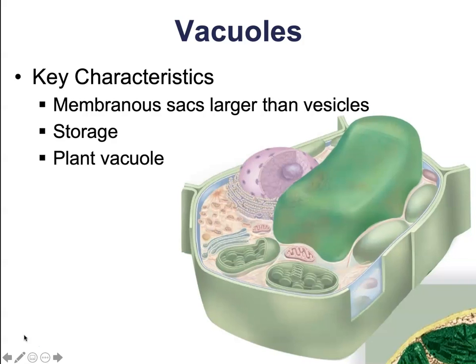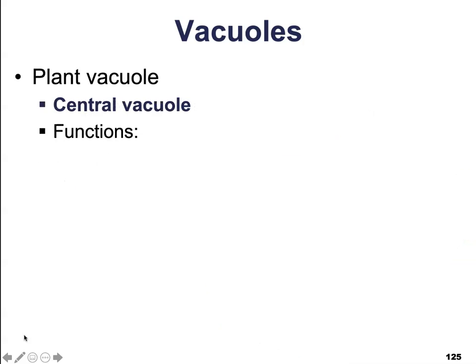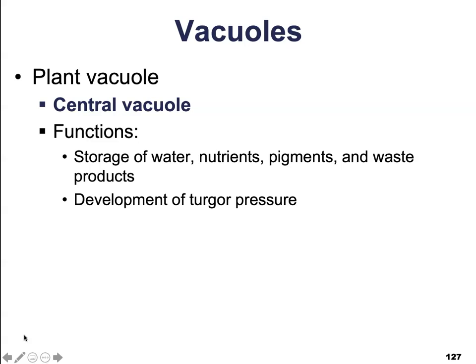Inside of a plant cell, a plant vacuole is very large and located in the center of the cell. So it's a large central vacuole, and it can take up to 90% of the total volume of the cell. Its primary role is storage of nutrients, pigments, water, and waste products, but it's also responsible for developing turgor pressure. Turgor pressure is what allows your plant to stand upright, and the loss of turgor pressure is what